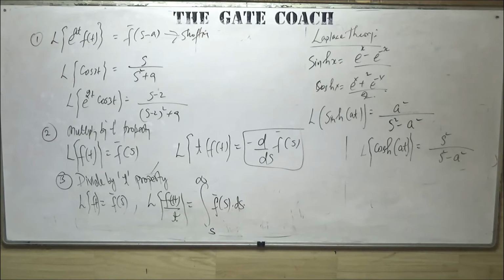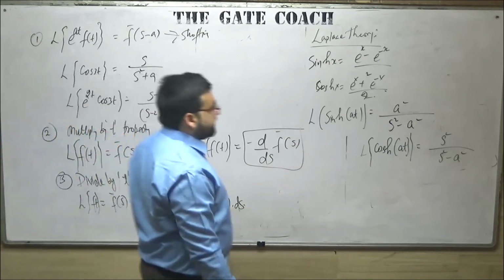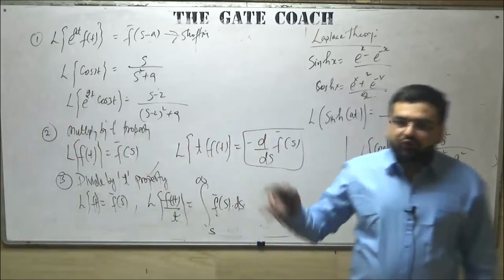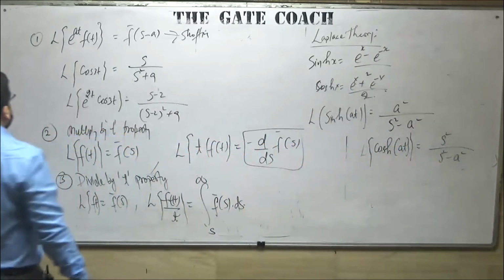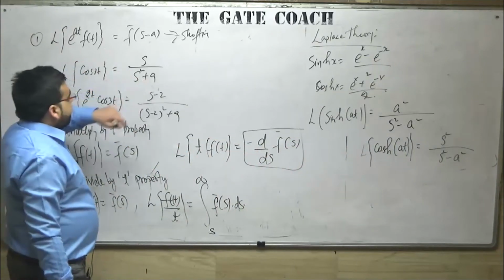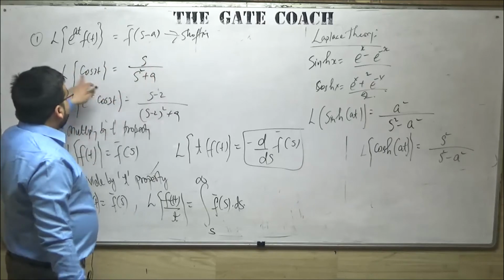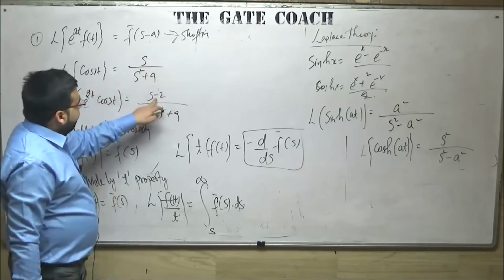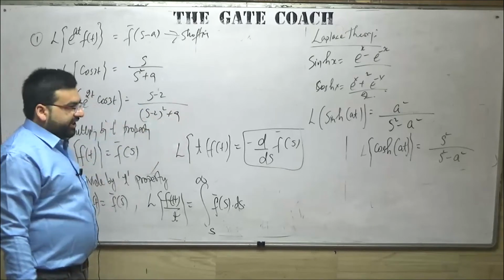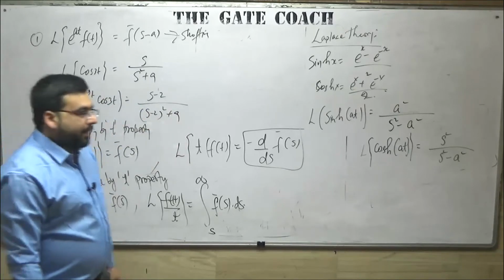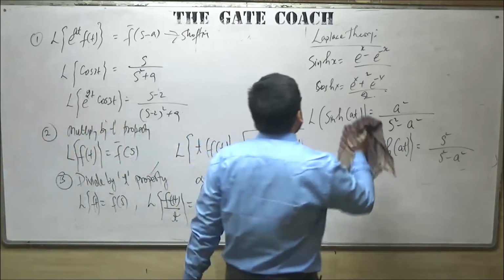So these are the various properties that we discussed in the class. After this we also discussed the inverse Laplace. In inverse Laplace you have to apply the opposite function. So the inverse Laplace of s upon s square plus 9 will be equal to cos 3t. Inverse Laplace of s minus 2 upon s minus 2 whole square plus 9 will be equal to e raised to power 2t into cos 3t. Okay? If you know the Laplace transform, the inverse Laplace also becomes very easy.